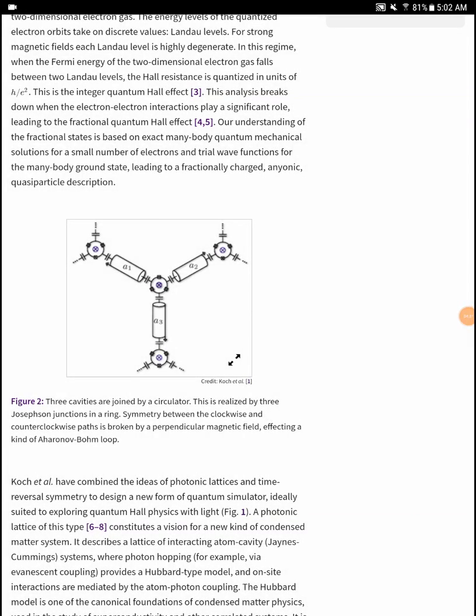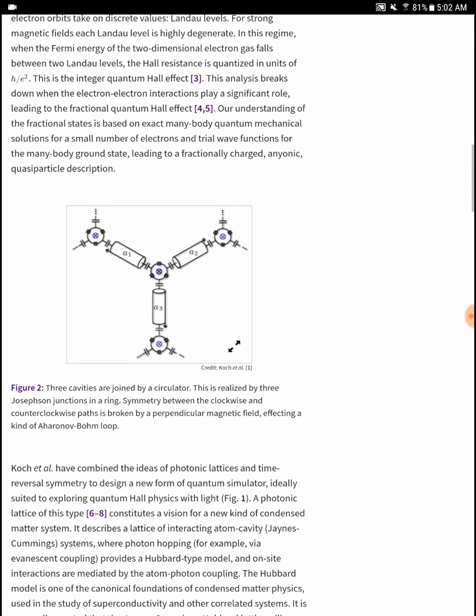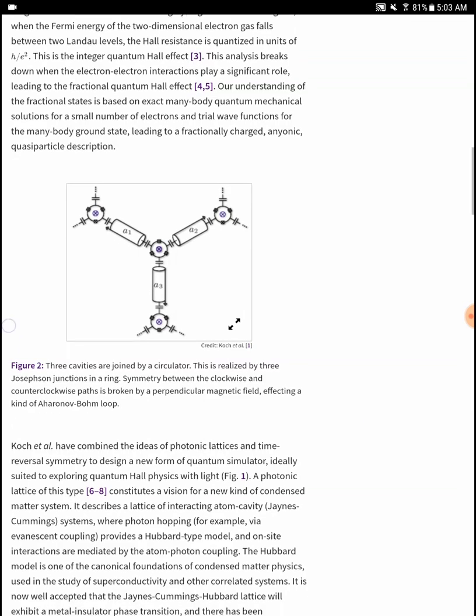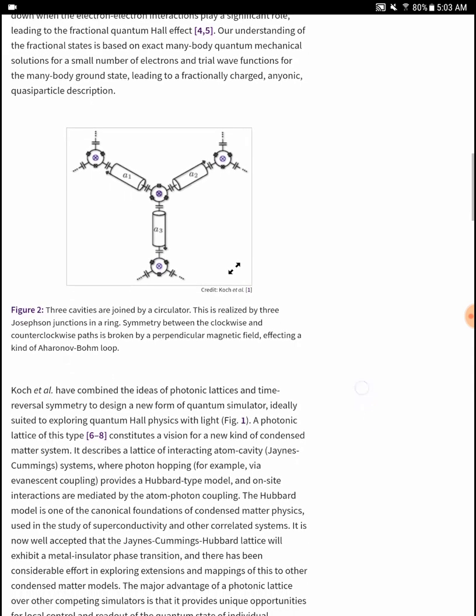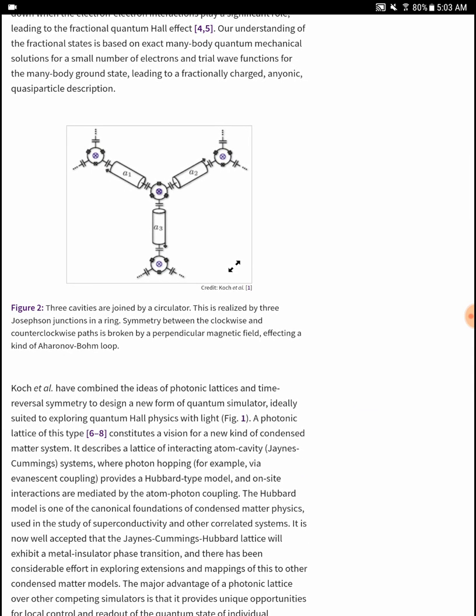This analysis breaks down when the electron-electron interactions play a significant role, leading to the fractional quantum Hall effect. Reference numbers 4 and 5. Our understanding of the fractional states is based on exact many-body quantum mechanical solutions for a small number of electrons and trial wave functions for the many-body ground state, leading to a fractionally charged